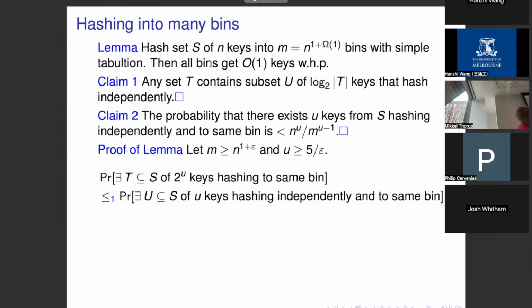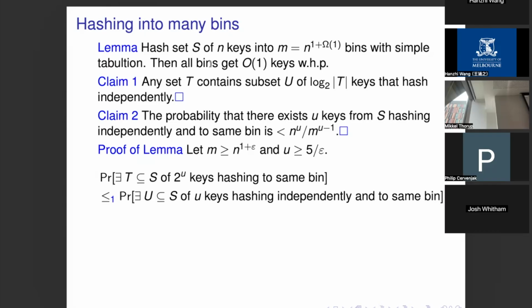So now we have the two claims, and now the lemma is easy to prove. We have this set which is of size bigger than n to the 1 plus epsilon, and we pick U to be 5 divided by epsilon. Then the probability that there exists a set of 2 to the U keys, so I'm sort of going the other way around, right? I had the log here, but now I go the other way around. The probability that there exists a set with 2 to the U keys that hash to the same bin, by claim 1, is,